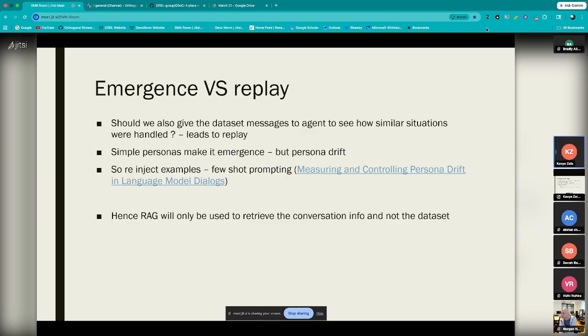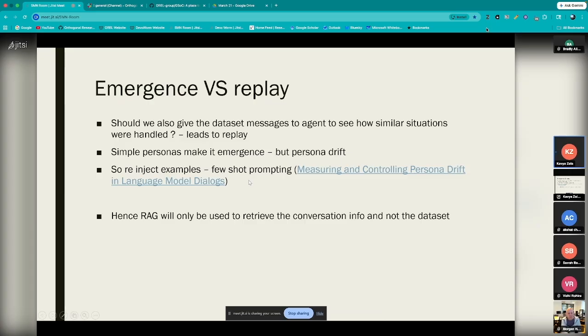So basically, what I'm doing is initializing personas. That means I'm giving it some identity. But the paper like Composta shows that there are persona drifts. So basically, after a certain amount of conversation, the LLM forgets who it is. So we'll need to re-inject some examples so that it regains knowledge of its archetype and sentiment. We will do few-shot prompting for this, and this was the paper that I used to get the architecture. And also, we just can't keep simple personas.